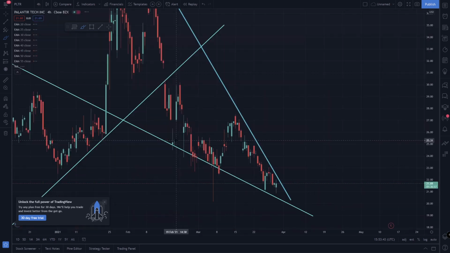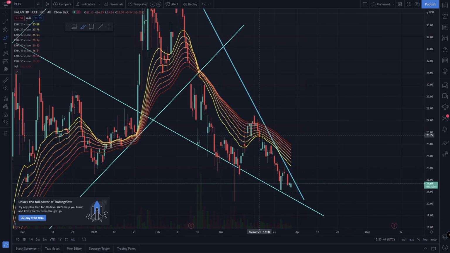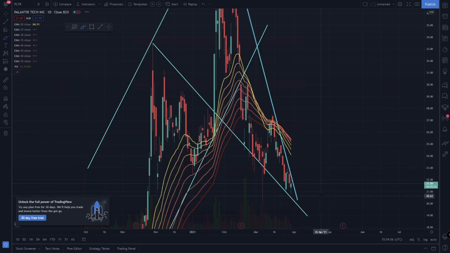If you go to the 4-hour, we're doing something similar. The price just hasn't come up here yet, and once, like I said, once we break through it, then it's really good. But it's possible we come up and get resistance as well and get rejected like we did right here. So nothing's guaranteed, but with this trend line and this exponential moving average and breaking like the daily moving average,